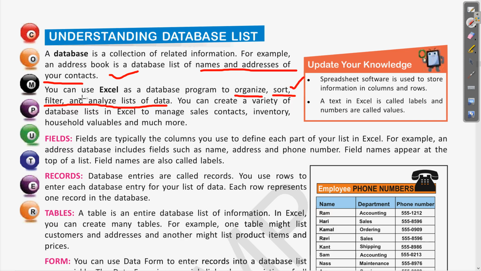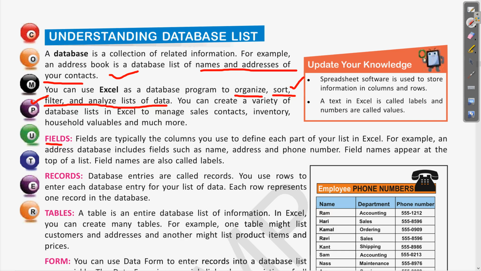Then filtering: if we have an existing database and you want to get only the filtered data which is meeting certain criteria, some conditions applied by you, that operation is called filtering. Clear? All these terms we covered in the previous class, so let us quickly revise each of these. Field, records and tables.